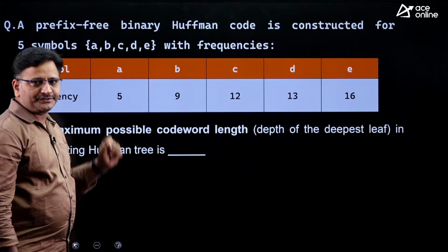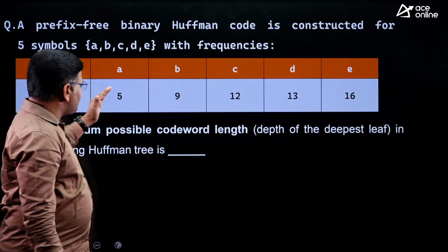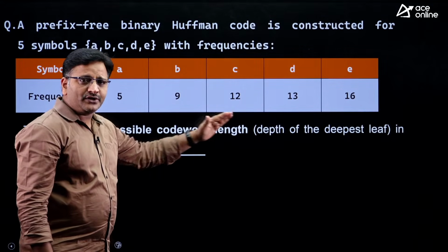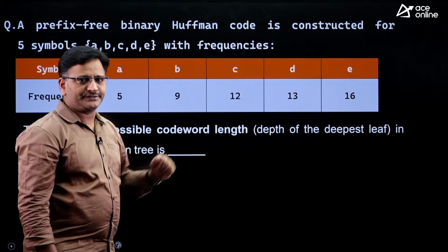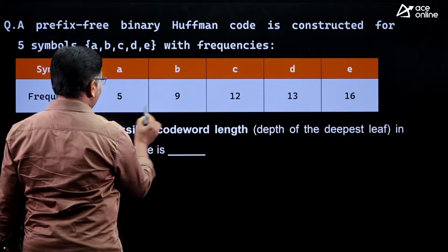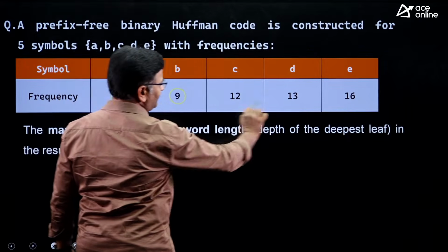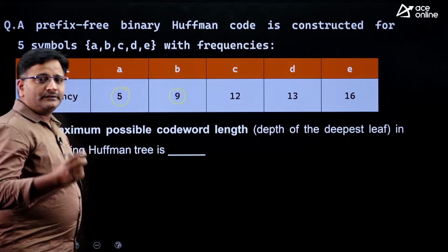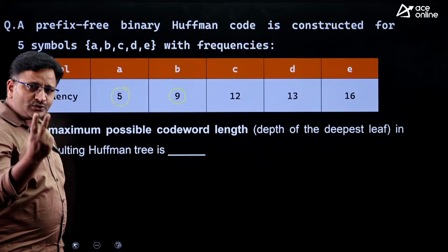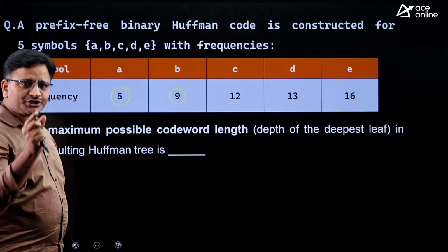we must have frequencies. In Huffman encoding, it says that symbols must be arranged in the ascending order or increasing order of their frequencies. Okay, if you are in the increasing order of their frequencies, obviously they are already in the increasing order. It is 5, 9, like that, everything in the increasing order, right? Then each iteration select 2 letters which are having least frequencies and then construct binary tree,